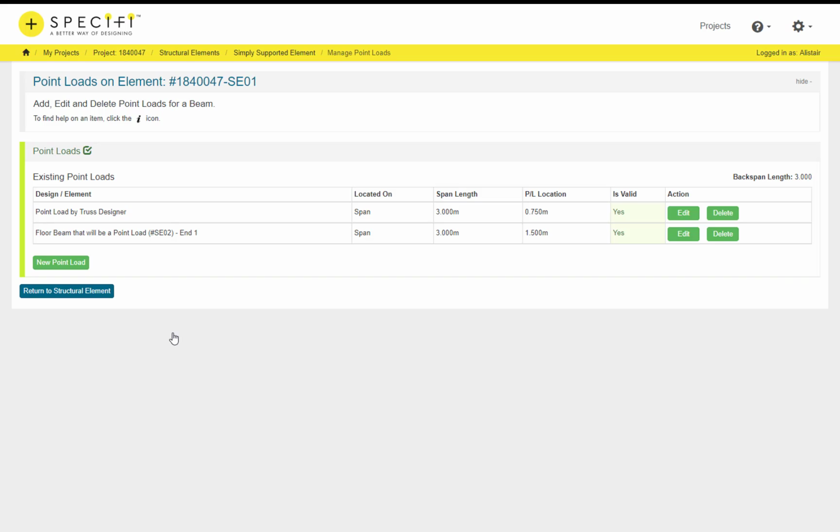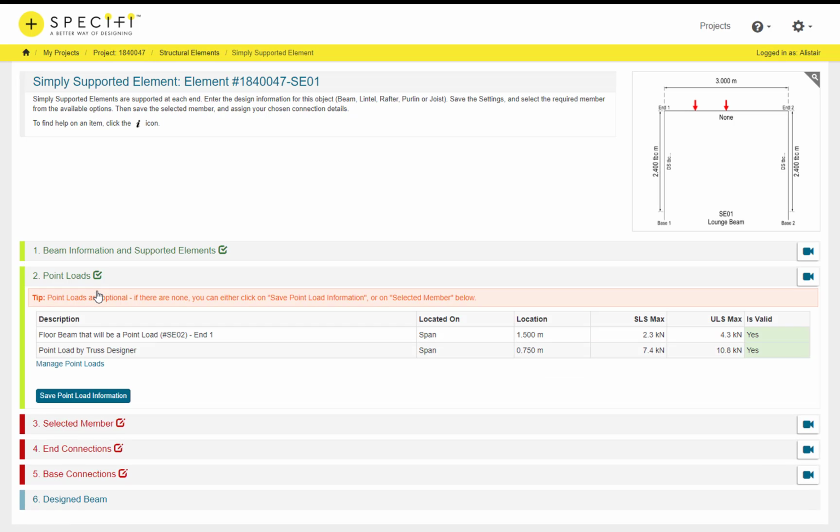If you have a verified engineering qualification, you can enter dead and live loads as well as ultimate and serviceability limit values for wind and snow. Click the Return to Structural Element button to close the point load screen and return to the structural element you were designing. Note that the point load table will now be updated to reflect any point loads you've added or